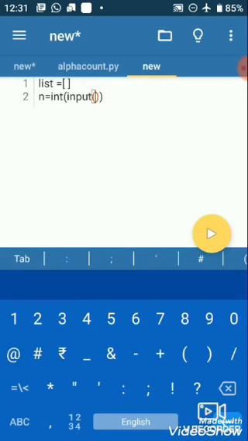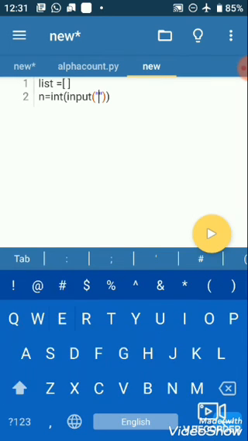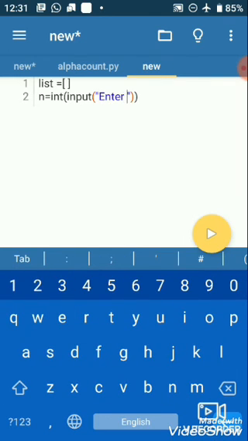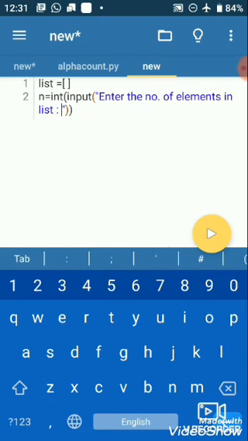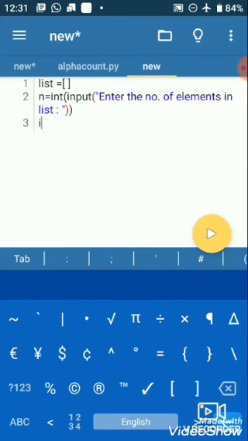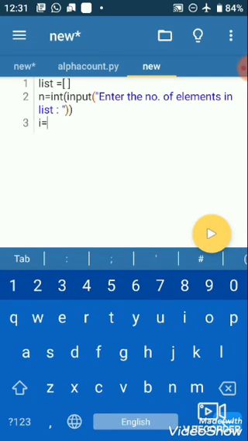So enter the number of elements in list. Then third line we take one more variable, that is I equal to 0. We use this variable for our loop.